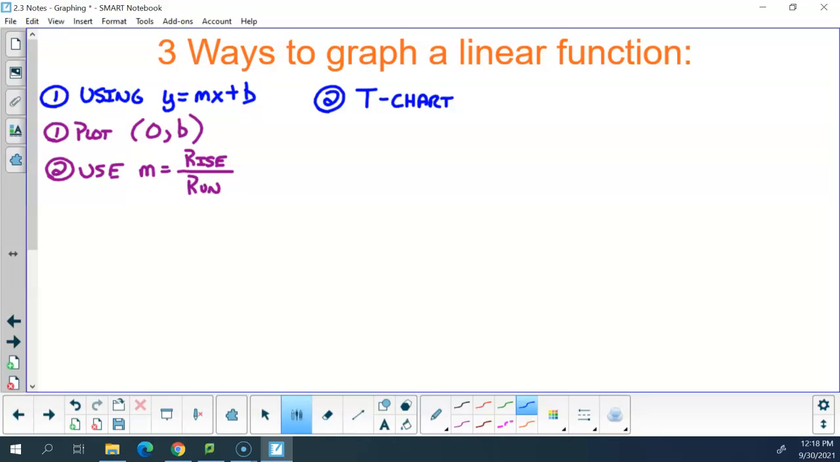The third method is using the intercepts. And that's probably not the most familiar for you of the 3 ways. But we can